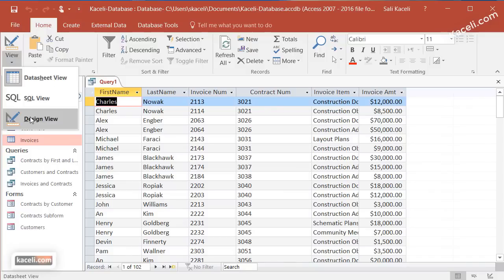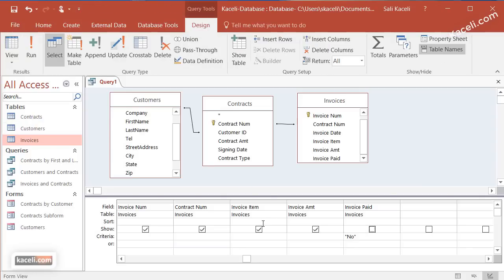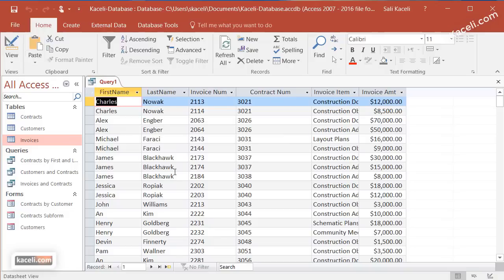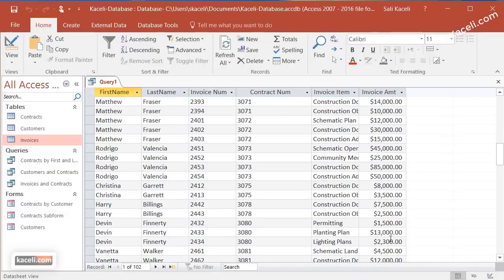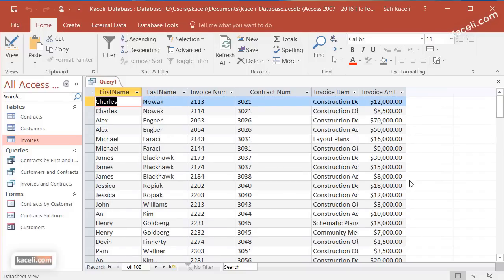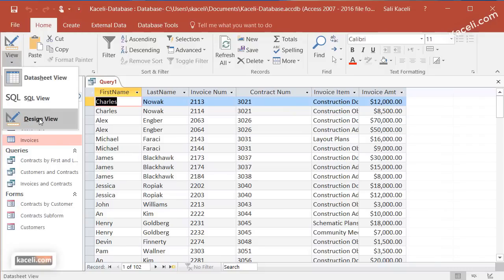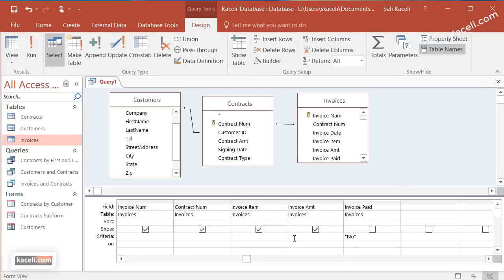Now you can have multiple criteria as well. If we run this query right now, notice that there are invoices ranging from $1,000 to more than $30,000 here. So let's say we want to see only the invoices that have not been paid of greater than $10,000. So to insert that criteria, we go back to the query design here, and then under the amount,